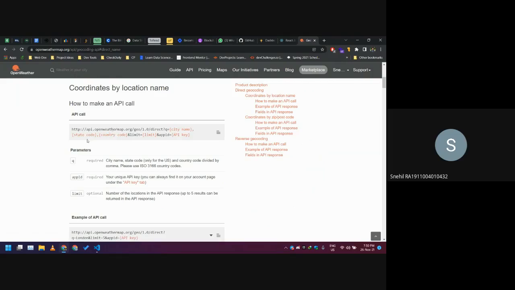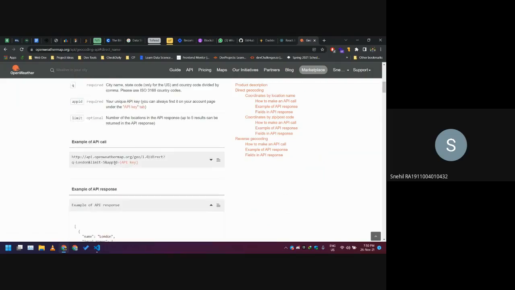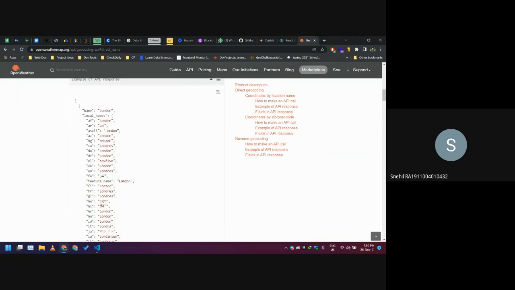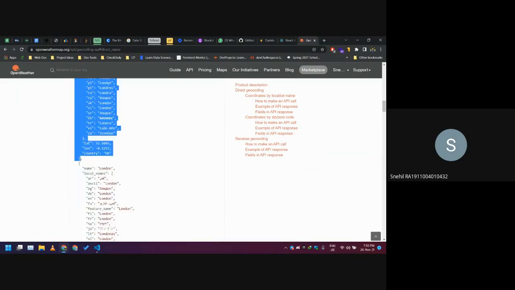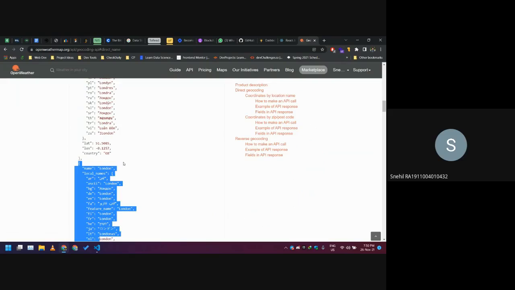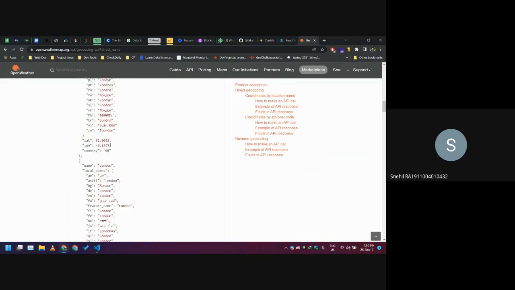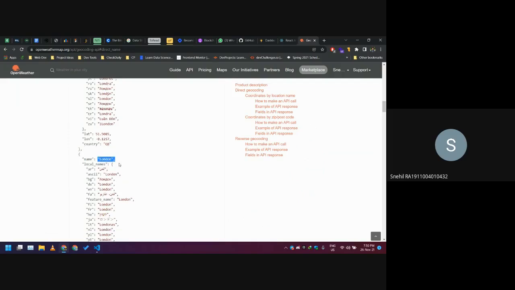So you can obviously omit all of this. The state code and the country code are optional, because if you look at this example, we are not actually using any state code or country code over here. So they've just searched for London, and they are getting all of these different results. So this is one single result, then the second result, and so on and so forth, right? And then you also get the country for each of these. So Great Britain, and similarly CA, and so on. Okay. So we can show these results, at least the city name and the country name, whenever we start typing